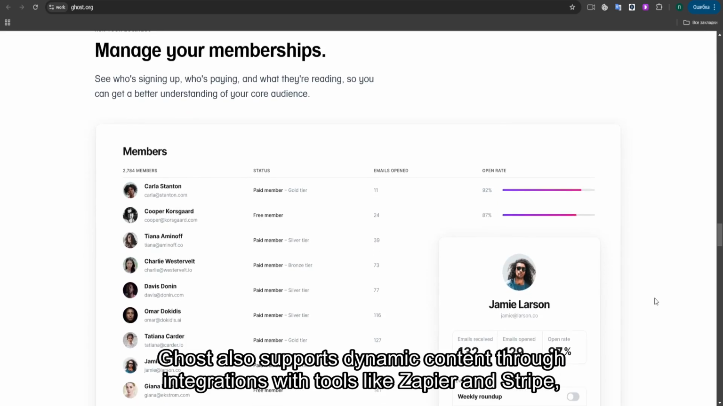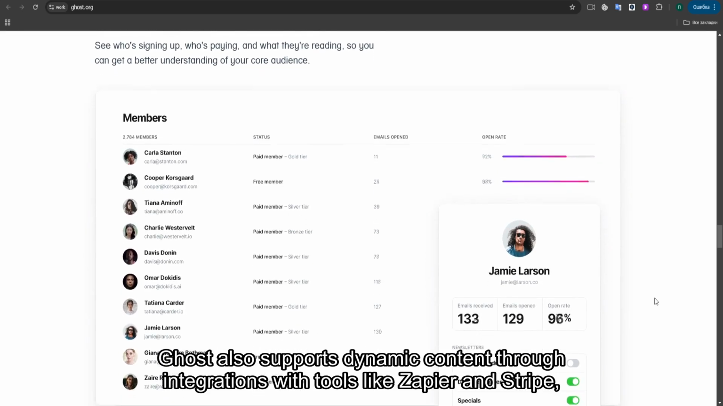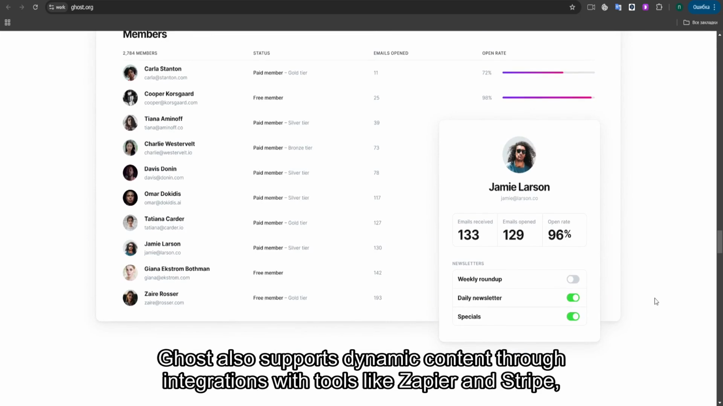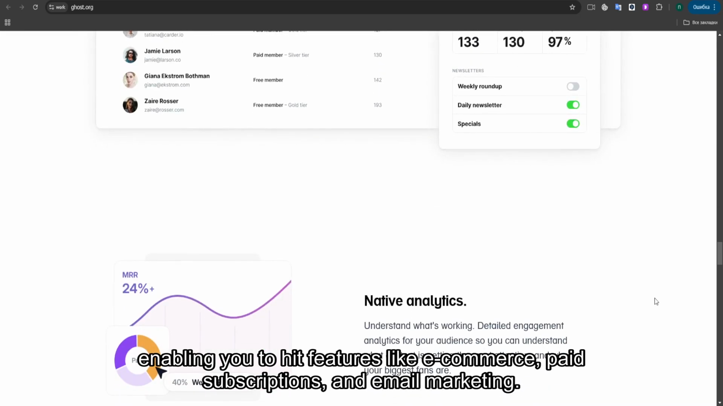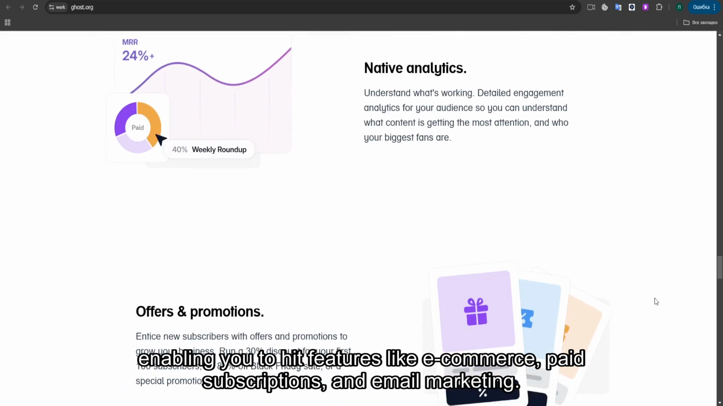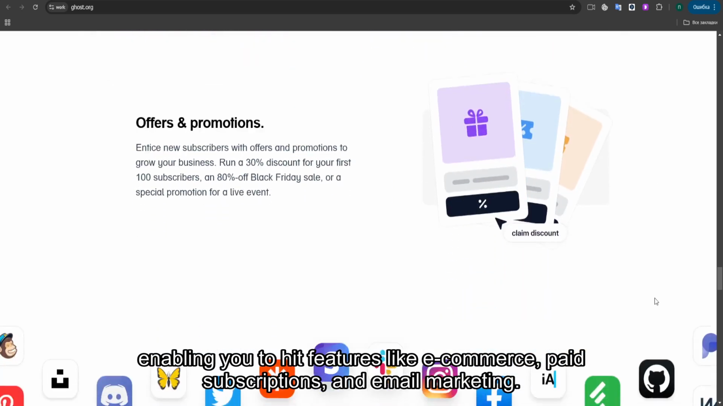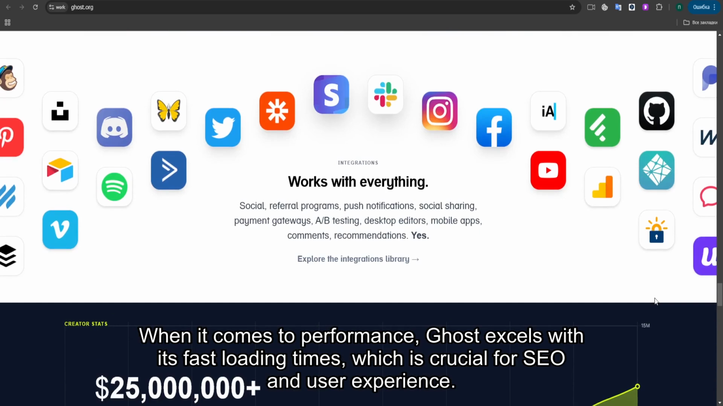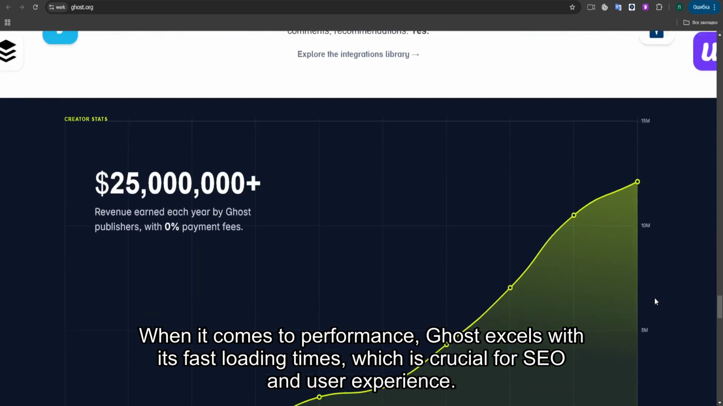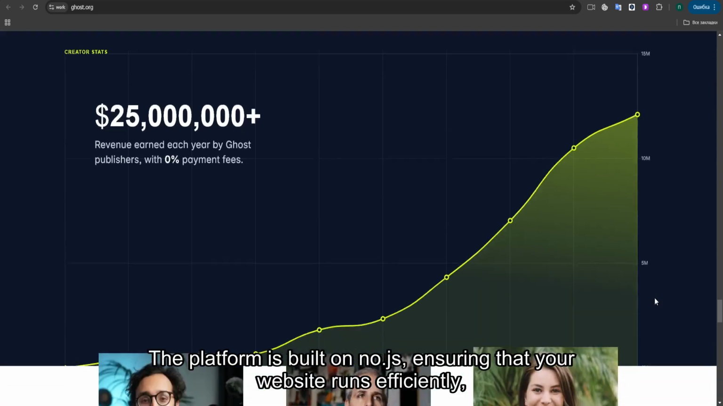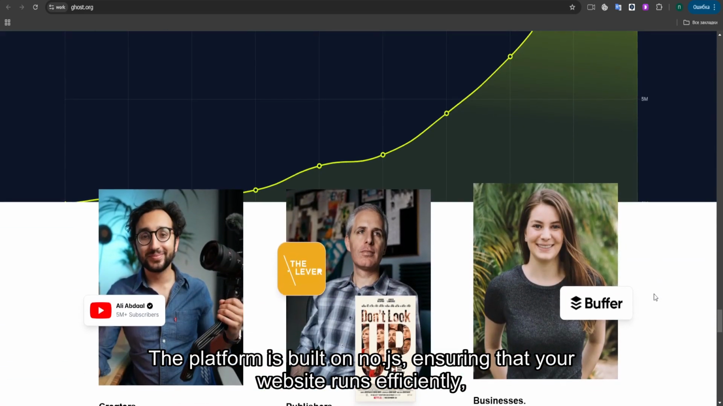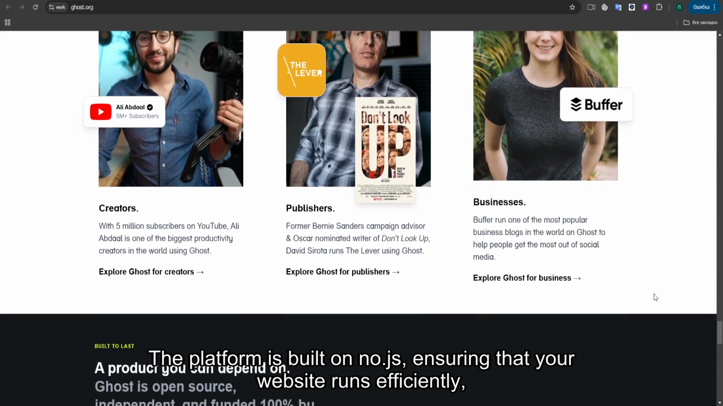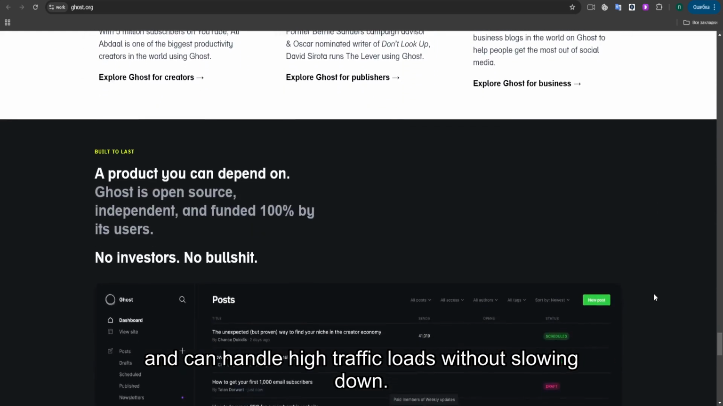Ghost also supports dynamic content through integrations with tools like Zapier and Stripe, enabling you to add features like e-commerce, paid subscriptions, and email marketing. When it comes to performance, Ghost excels with its fast loading times, which is crucial for SEO and user experience. The platform is built on Node.js, ensuring that your website runs efficiently and can handle high traffic loads without slowing